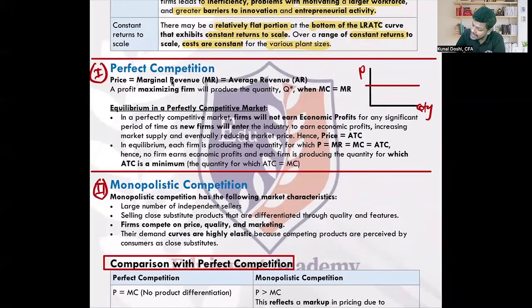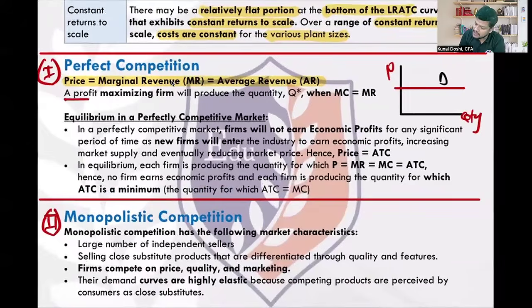So here price equals demand equals MC equals MR, marginal cost or marginal revenue, everything is the same. So here price, marginal revenue, average revenue, everything has the same point. And one very, very important highlighted thing here for your reference is that a profit maximizing firm, any firm that wants to maximize its profit, should produce at a point where MC equals MR.